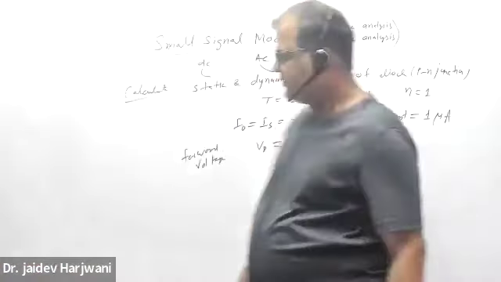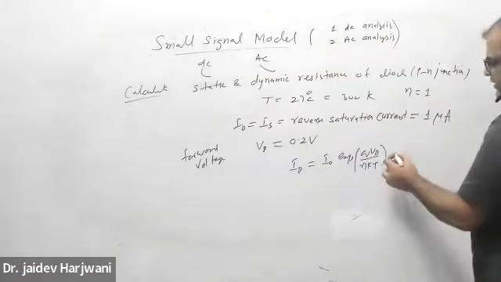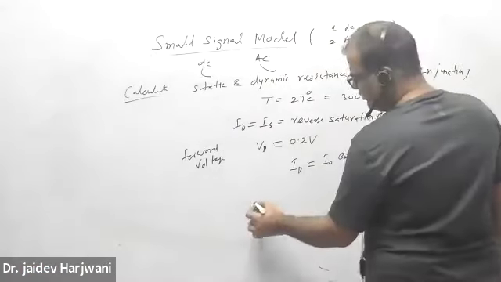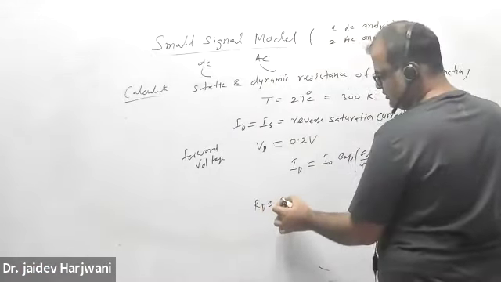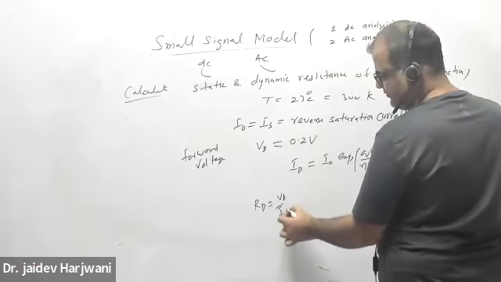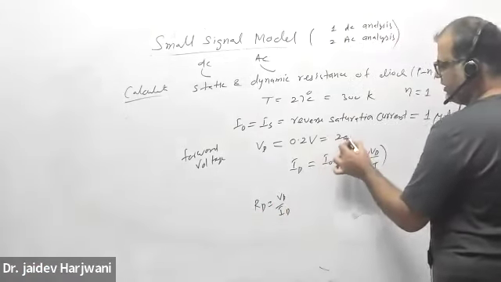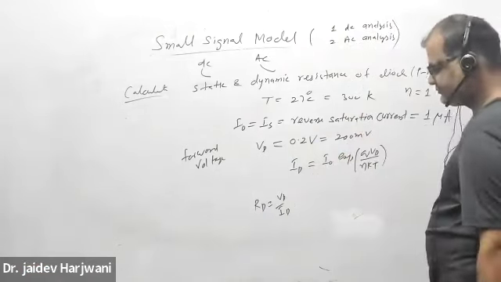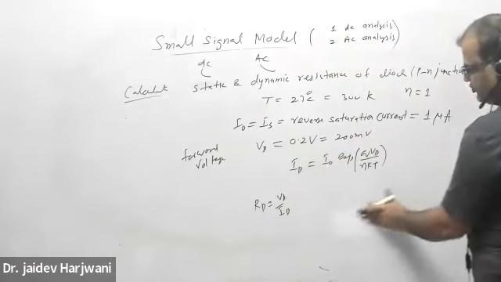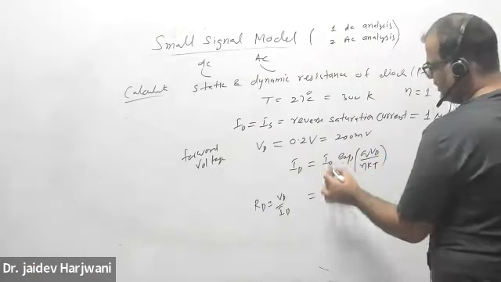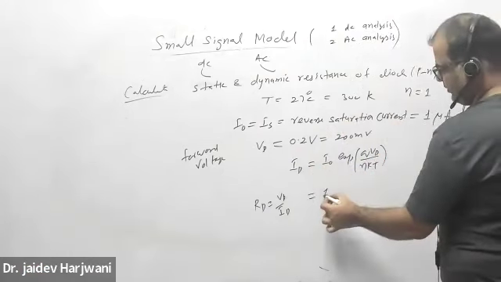So you need to solve this equation neglecting 1. So basically you want DC resistance RD equals VD upon ID, and VD is given you 200 millivolt. So you want to find ID. I naught is given 1 microampere